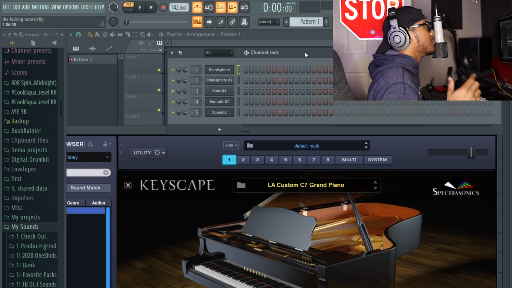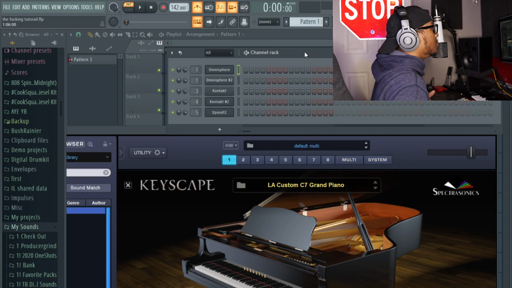Right now, I'm about to break down how to make a Rod Wave melody. It's about to be crazy. Let's get to it. Alright, so the first instrument that you want to pull up is going to be the